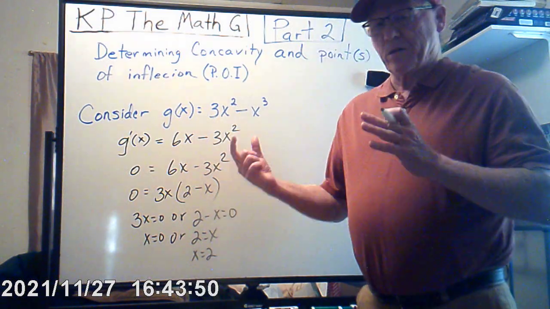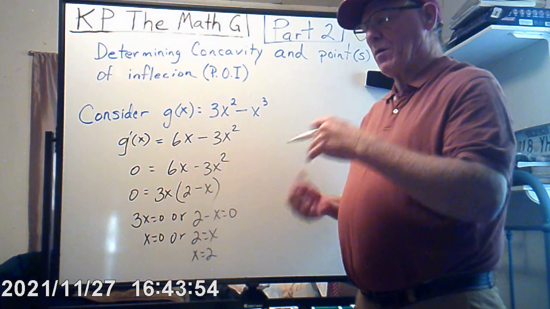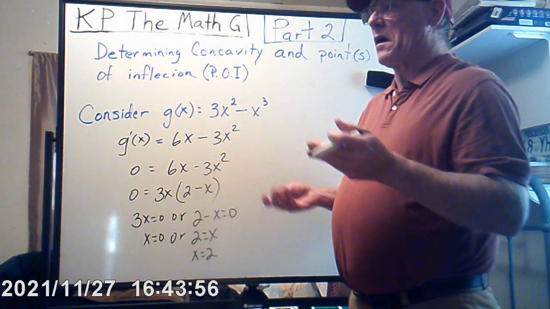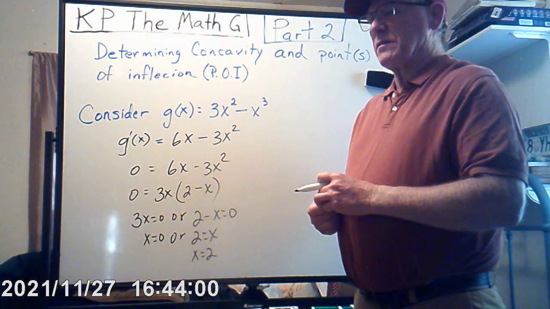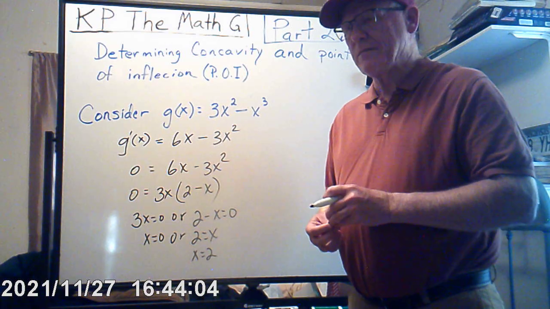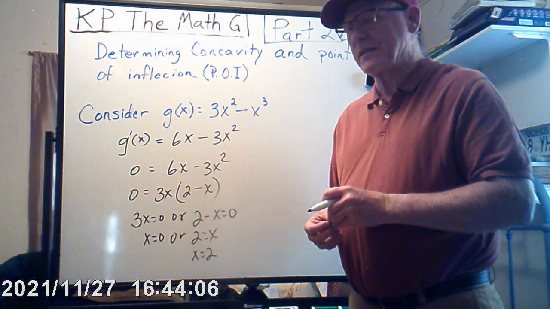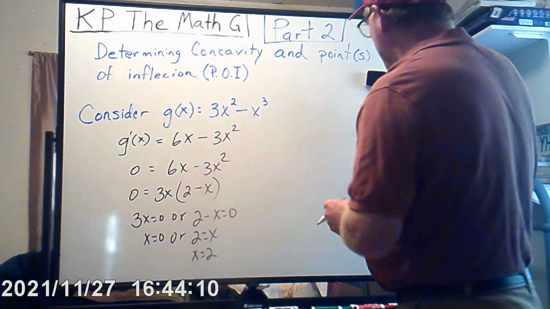These are what we call critical points right here, okay? And this is where we also find our maxes and our minimums. So not only do we figure out where g is increasing or decreasing, but we also find out where the maxes and mins are. Alright, so let's take a look at this,